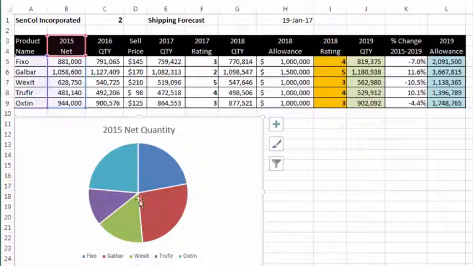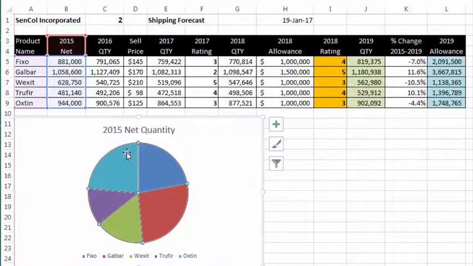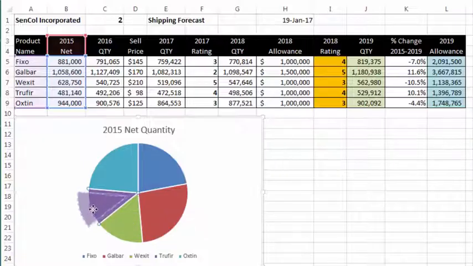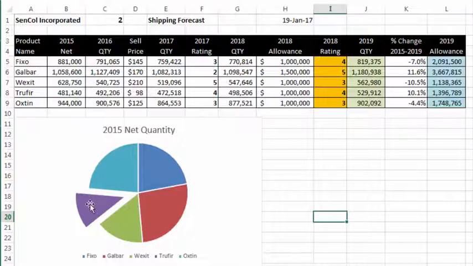Now, in terms of this, here's what I'd like to do. I want to click on this purple slice here, and you see they're all selected. So whatever it is you do is going to happen to the entire chart. I don't want to do that. I just want to work on this purple slice here. So I'm going to click on it again. You see what happened? Only that one is selected. Now click your mouse, and just drag it out. So that shows the reader that out of all this data, the purple one, which happens to be TrueFair,